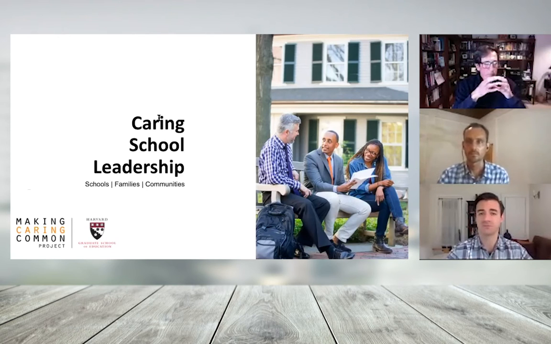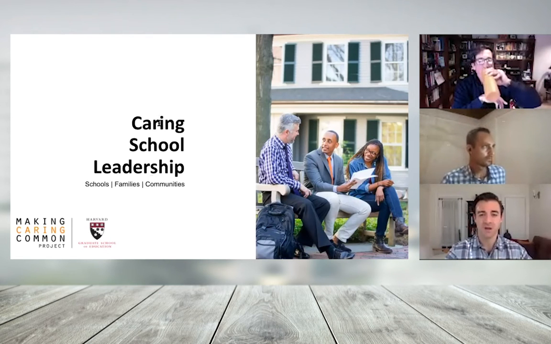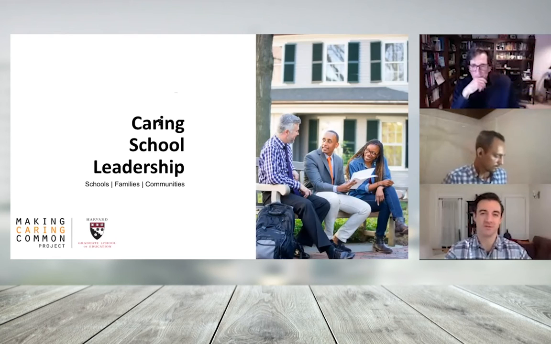So we work with district and school leaders around the world. Many of them are in the US, but we do have partners around the world. And they help us gather data about school environments, and in particular, the strength of relationships that exist inside of schools. And then we help them implement easy to use, targeted strategies that are meant to promote social, emotional, and ethical skills in young people, really motivate the adults in their lives and enable them to integrate these tools. We also develop action plans with schools for continuous school improvement in the area of caring and ethical development. And then we offer opportunities for professional development and staff training.